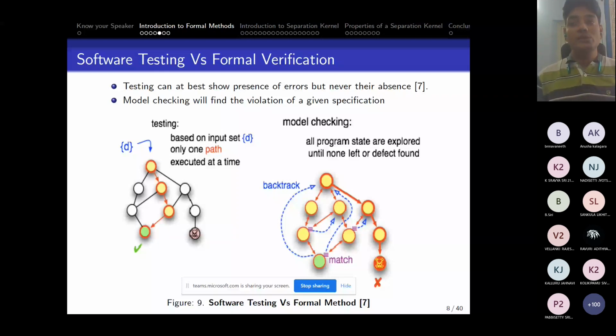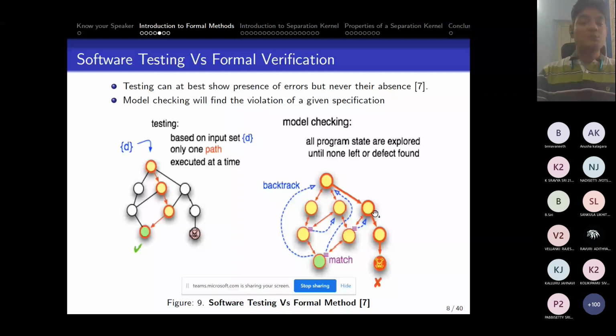So you have to be very sure that the systems which are involved in our human lives are tested thoroughly, or verified thoroughly. So that is why formal methods came. Formal methods will basically go through each and every path of the program and tell you that in this particular path, for this particular input, there is an error. So before deploying the software, you can actually know about this error.